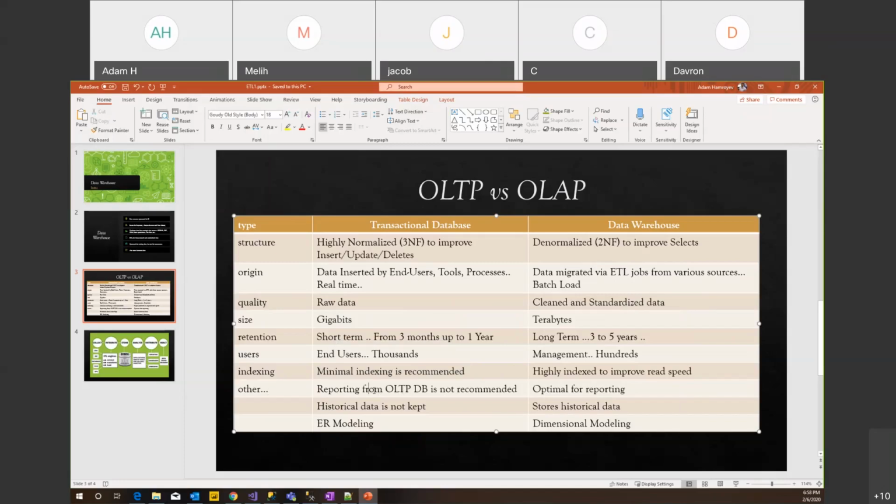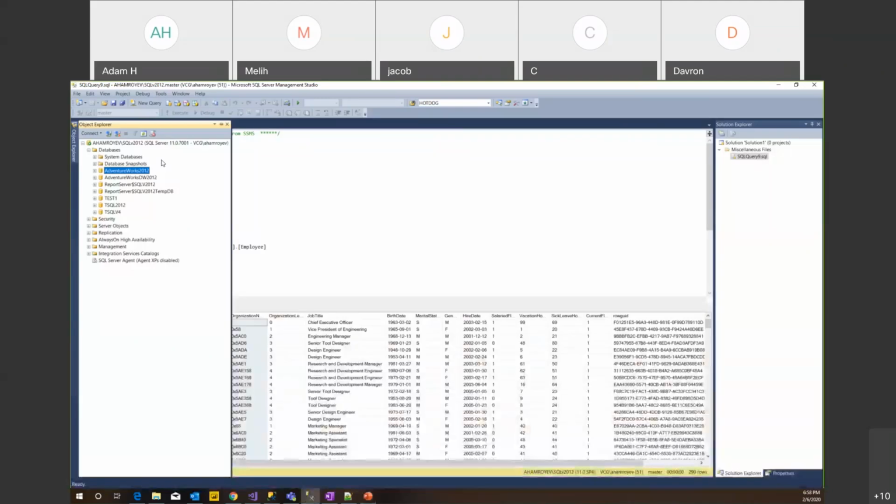There are other differences. Reporting from OLTP is not recommended because the report will slow down your system. If people are doing their work and you hit the OLTP database with your reporting server, it's not allowed. You shouldn't do that. You should create some kind of data warehouse. At least I know some companies, what they do is they create a read replica of the OLTP database. Let's say this, they create a copy of it, and